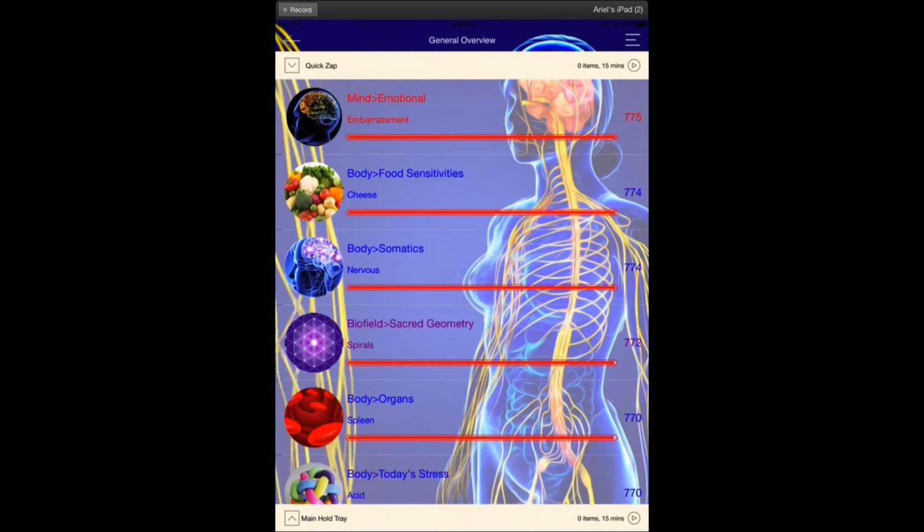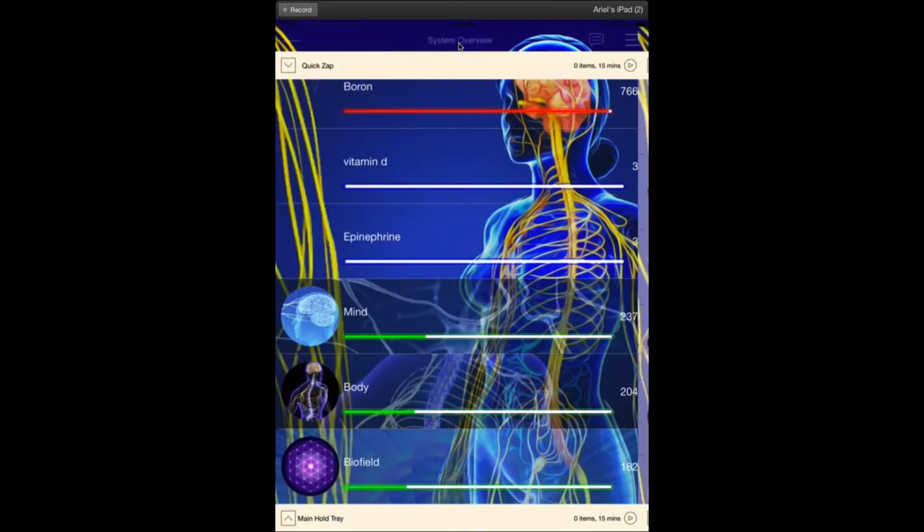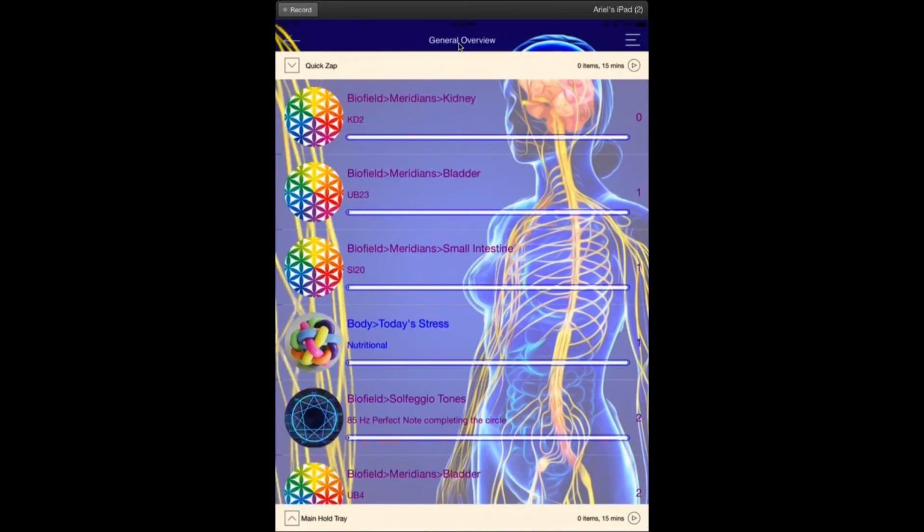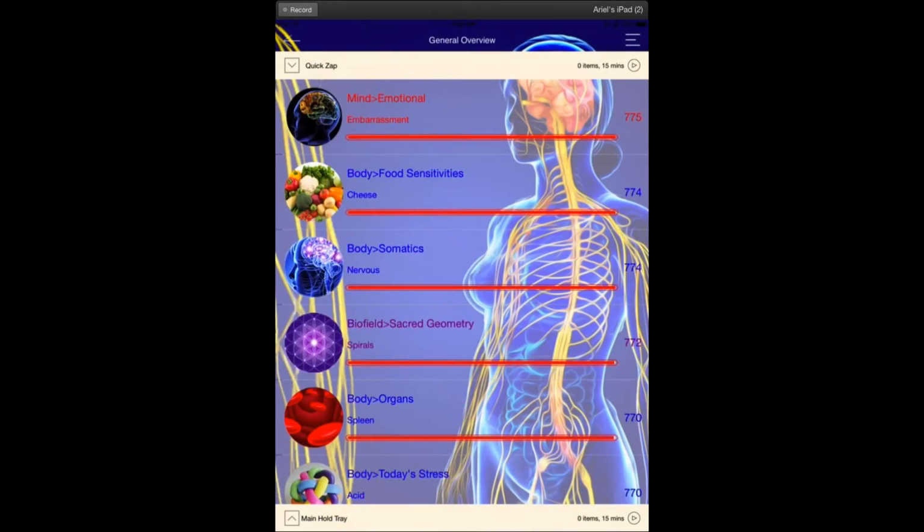Okay, general overview, tap it, okay, thanks. Yeah, so tap it in order to switch. Right, that's the toggle, and then it's the back button to go back to system overview, and then general overview, and general overview again to switch from top to bottom.